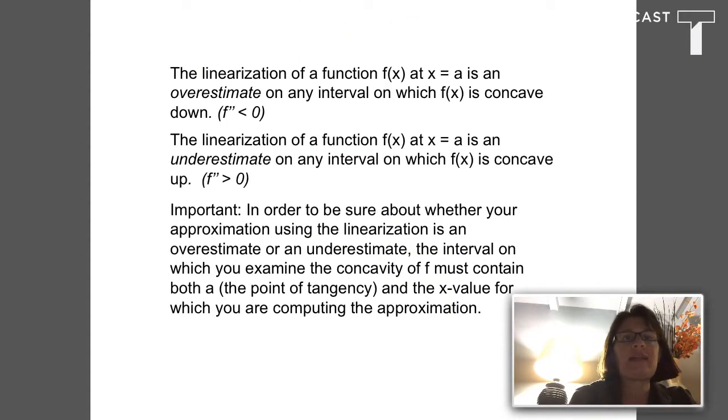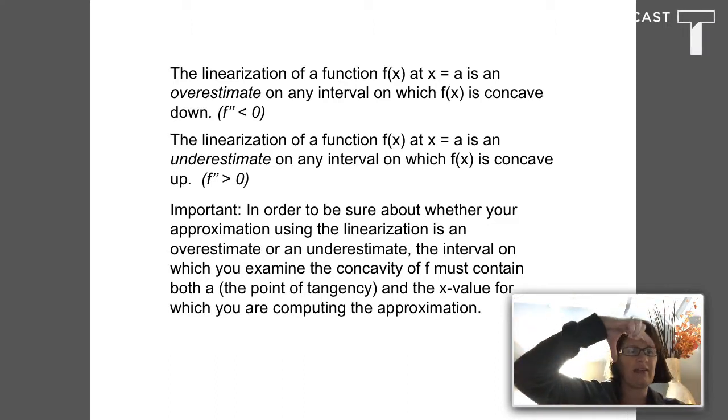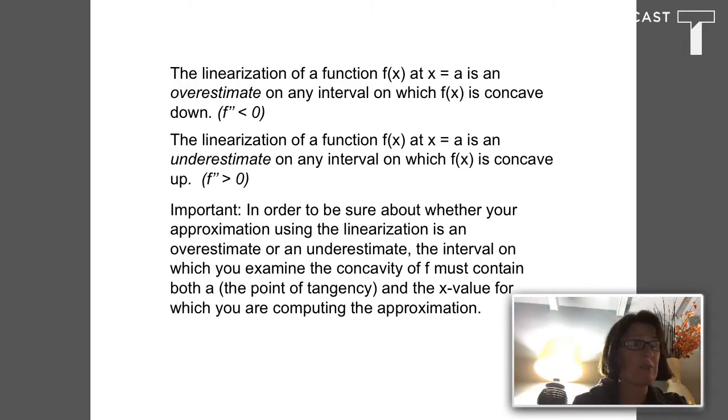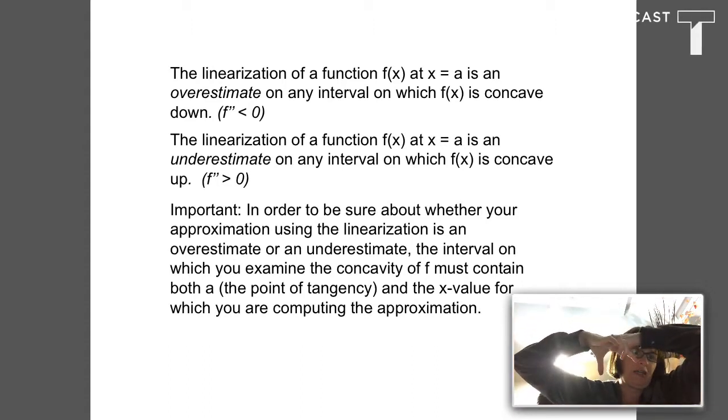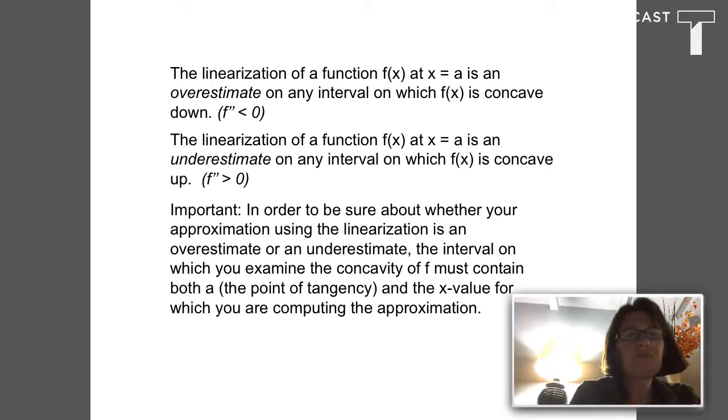So here we go, we've got it in writing. The linearization of a function f of x at x equals a is an overestimate on any interval on which f of x is concave down. And you probably have to draw yourself this picture a couple of times. I had to draw myself this picture when I was in calculus. So if I have a function that's concave down and I draw on the tangent line, it lies above. And so, again, you could use the tangent line approximation,